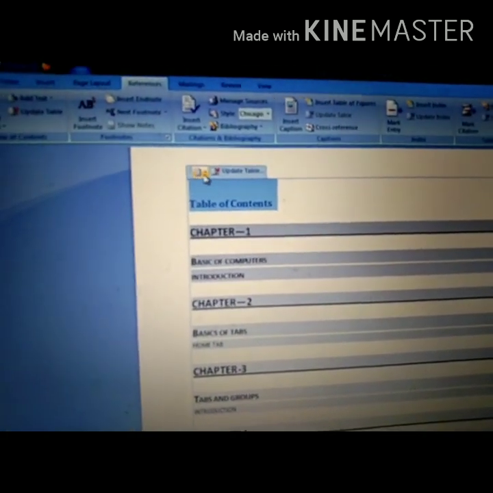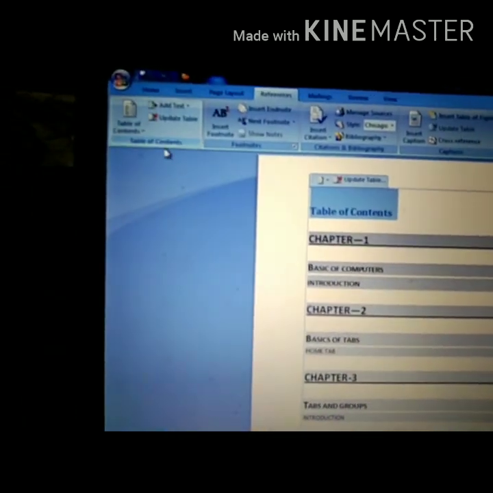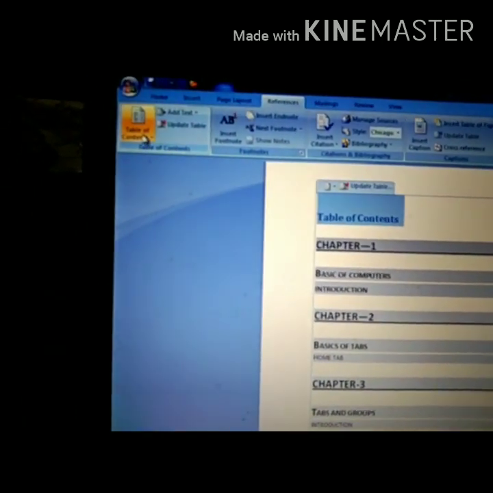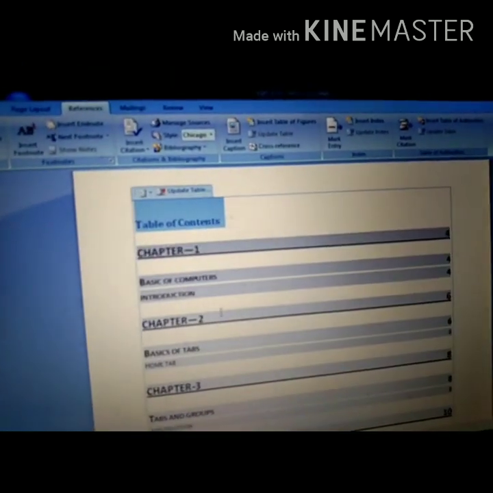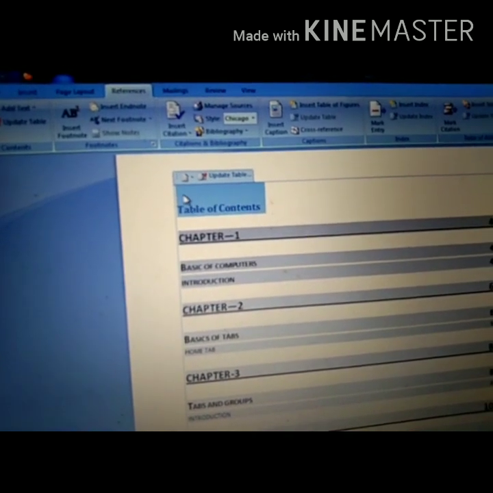Again, I will show how we can do it. Click on this one. And the second option is to click on the References tab, Table of Contents group. Here is the table of content, and here is the last option. Here is the option remove table of content. It will be removed. Or if you want to remove the text only, first select this, selection done.